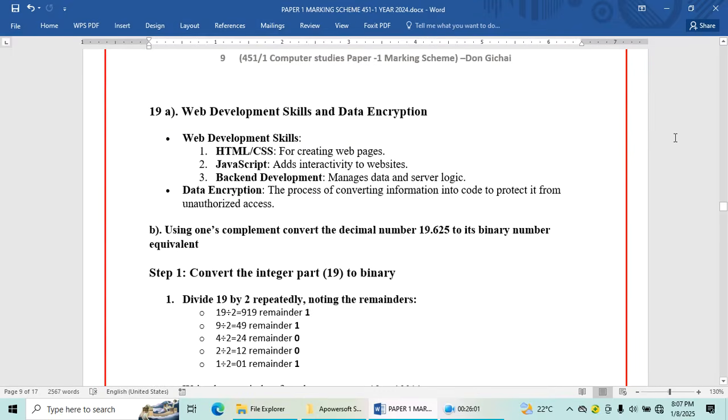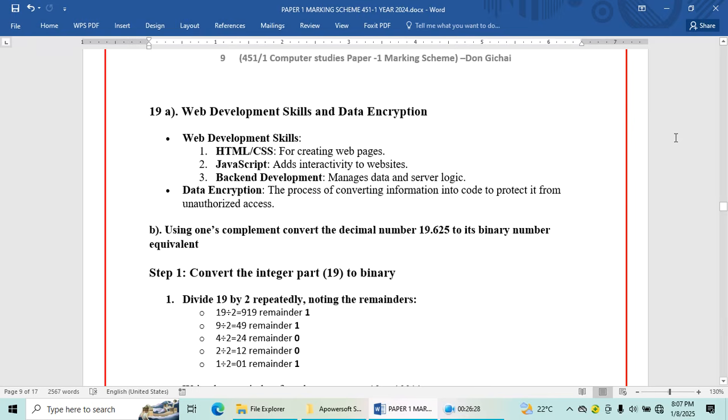Our second last question, web development skill. When somebody wants to develop a website or become a webmaster or a web developer, which skills are required? So the skills required are HTML, hypertext markup language, and CSS for creating websites. CSS is just cascading style sheets.